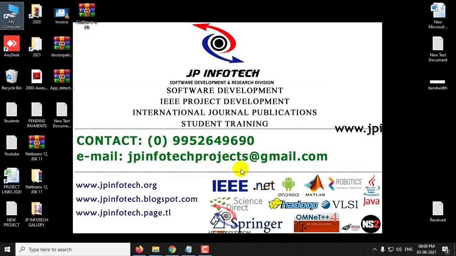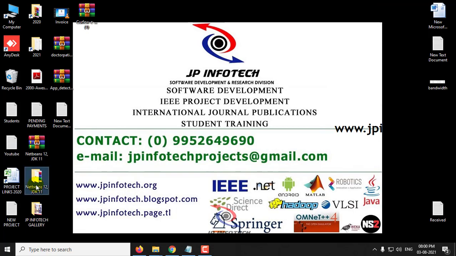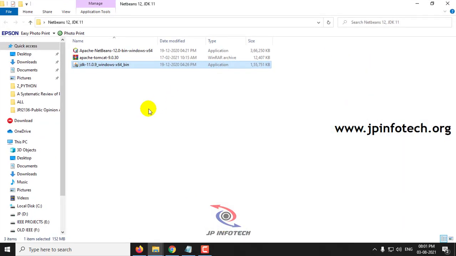Now we have set the JDK path, and we have completed how to download NetBeans, how to install the JDK, and how to set up the path. Now we will install NetBeans. Just go to the folder that we have extracted. There you can see Apache NetBeans 12 bin Windows x64. Just double click it